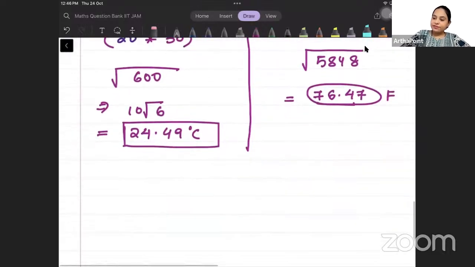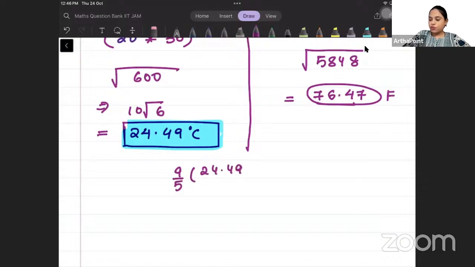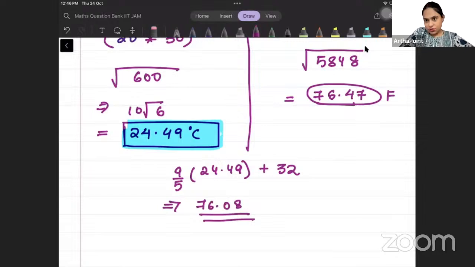Now, the question here is that if I do a conversion, if I go ahead and find out this in terms of Fahrenheit, what is going to happen? So I will get 9 by 5, 24.49 plus 32, right? So 24.49 divided by 5 into 9 plus 32. This is going to give me 76.08. Which means that the first thing that we observe here is that it is going to be not exact but